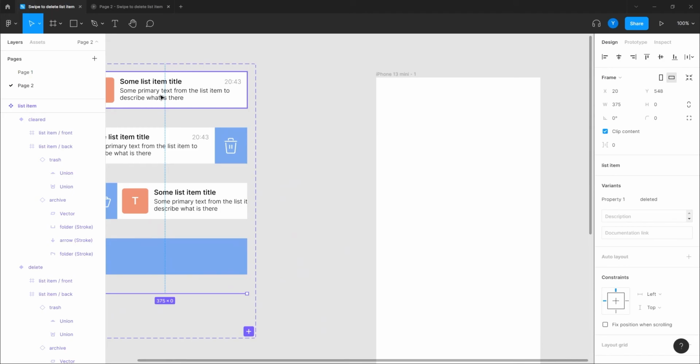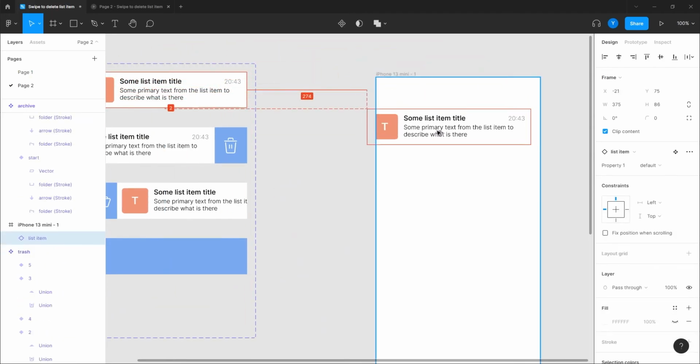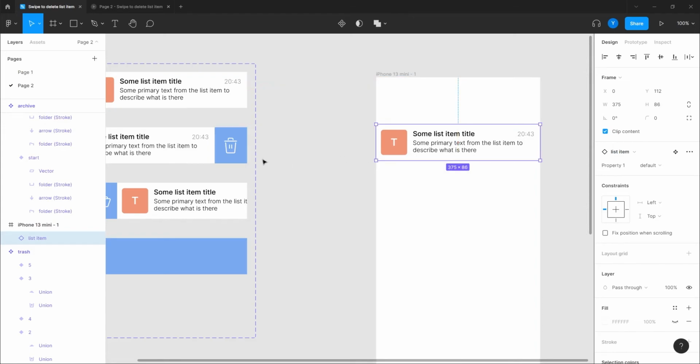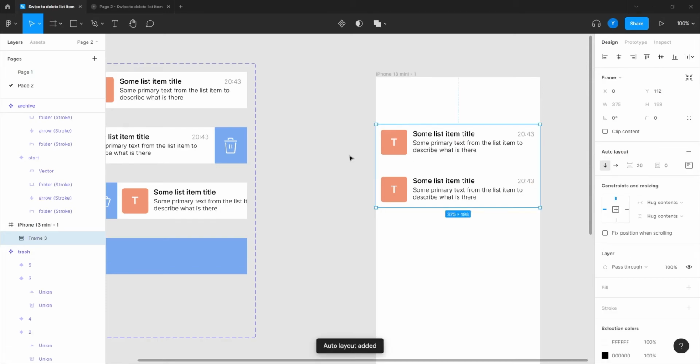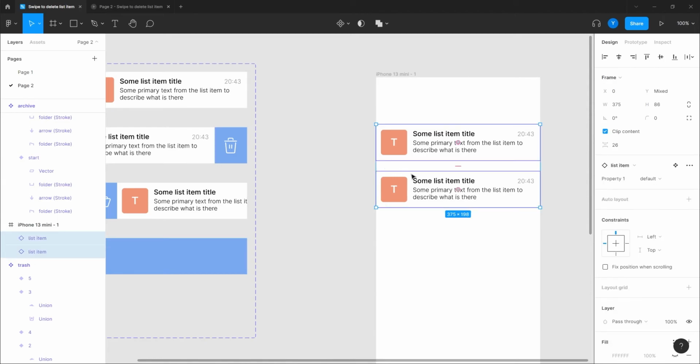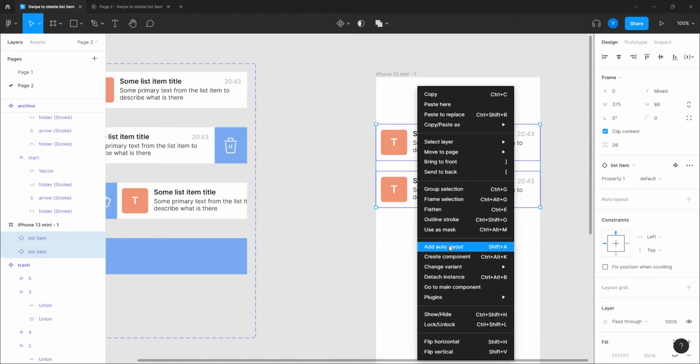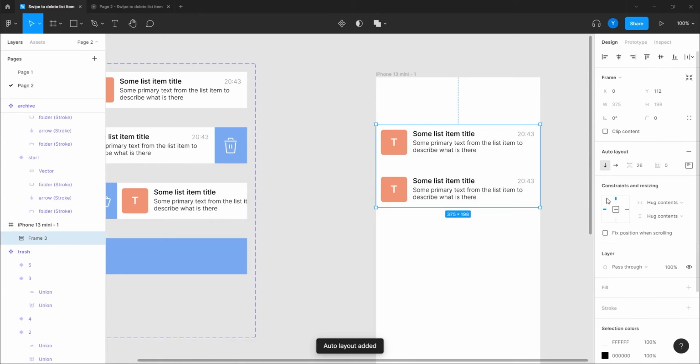Okay, now this is a test drive, so we're going to duplicate the first one. I'm going to put it here, and I'm going to duplicate another one of it. I'm going to connect them both with an auto layout. I'm hitting Shift A, or I can just right click and add auto layout. By the way, I didn't make the gray strokes between them. It's not a must, you can add it if you want, but for right now I didn't want that.